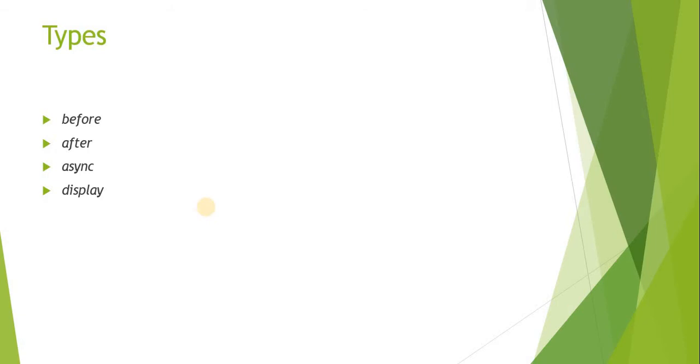The third one is the async business rule. It is kind of similar to the after business rule. That means it will run after the database action has happened, but it will be executed in a separate thread, not in the same thread. That means it won't happen at that point of time like the after business rule. It might occur after a few seconds or after a couple of minutes. So this is the async business rule, and it is used when you don't want that action to be completed at that time only. It can happen later.